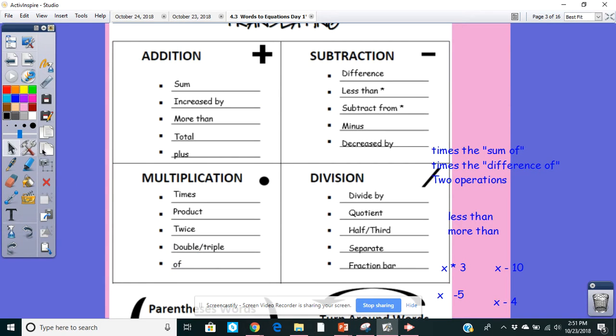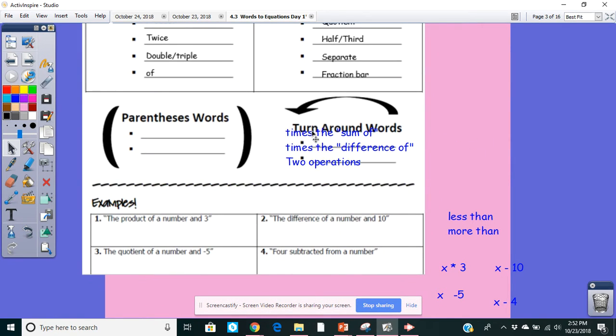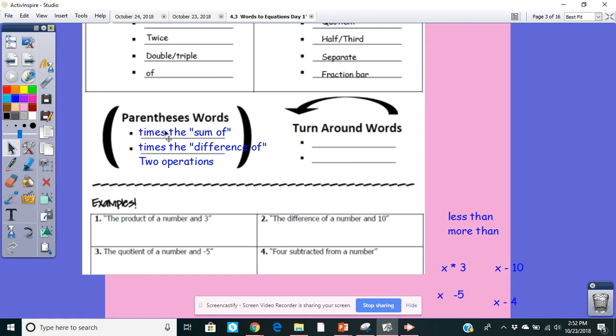Now for the words that you have to fill in on this sheet. Parentheses words are words that indicate that you need to put parentheses somewhere, like times the sum of or times the difference of. What that would look like, if they say 2 times the difference of, is 2, and then you're going to multiply that by the difference of 9 and 6. The difference of 9 and 6 is 9 minus 6. So you're going to have to do that subtraction first before you can do the multiplication, the 2